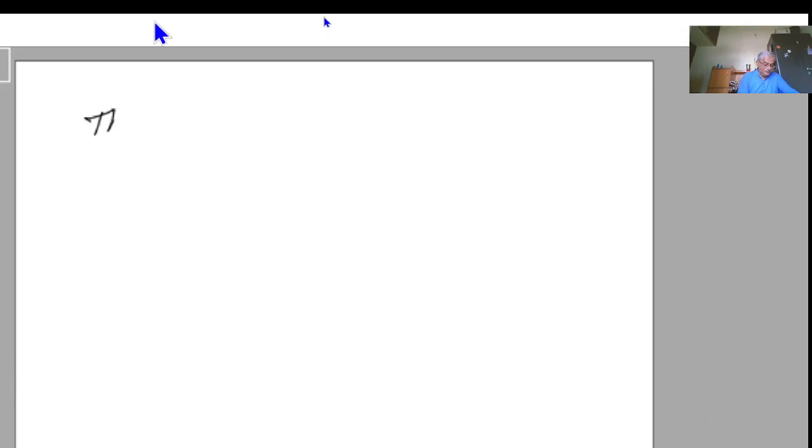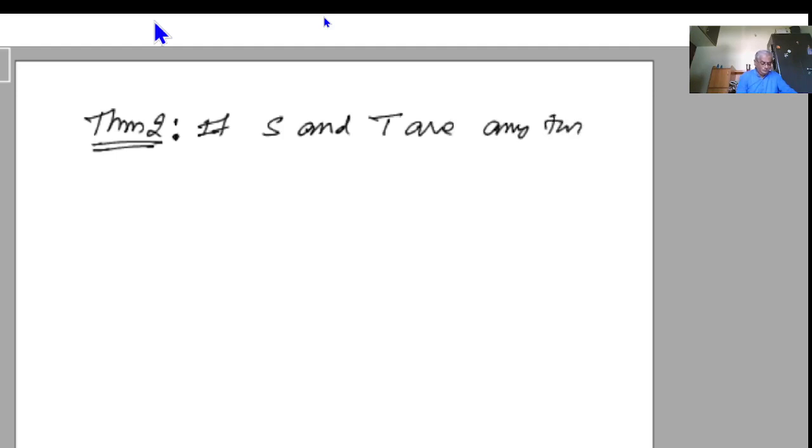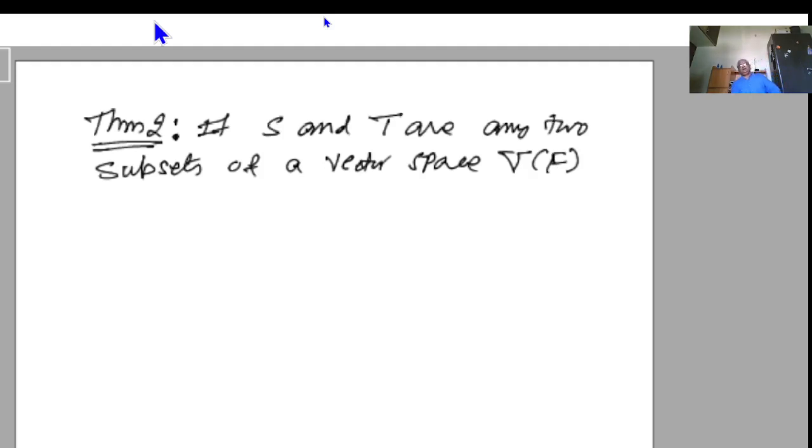Theorem 2: if S and T are any two subsets of a vector space V over F, then: